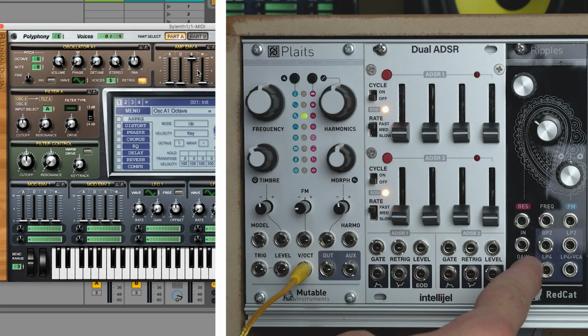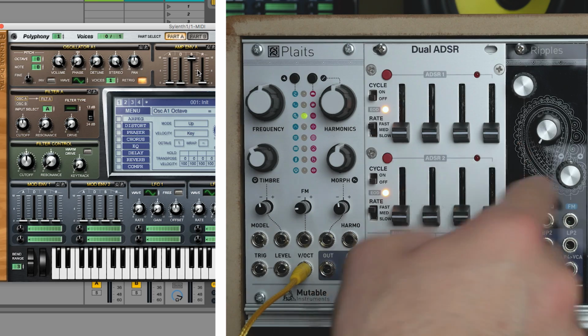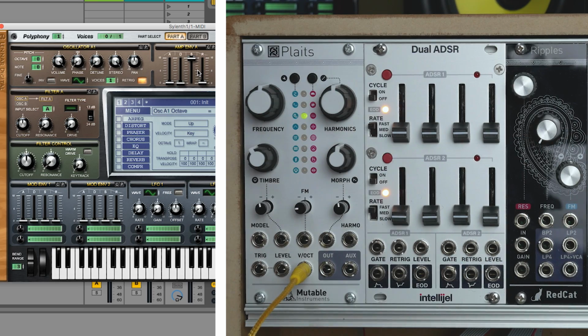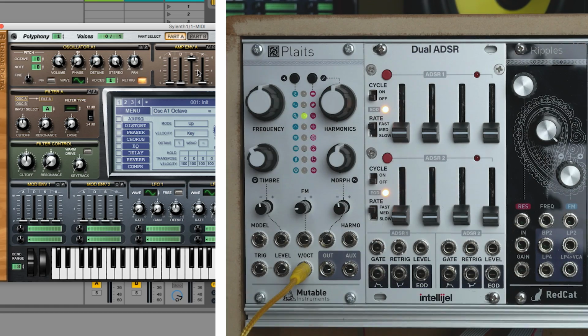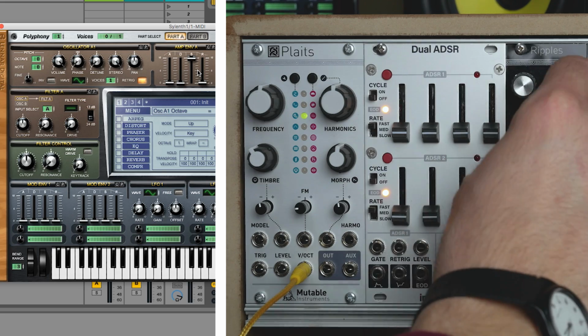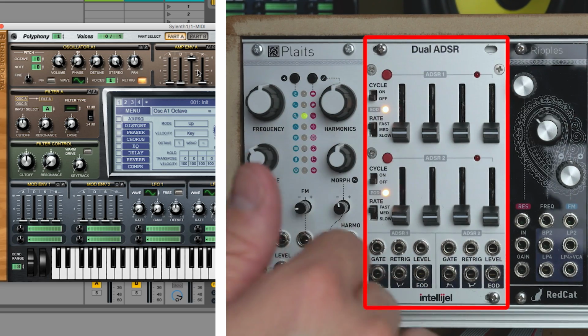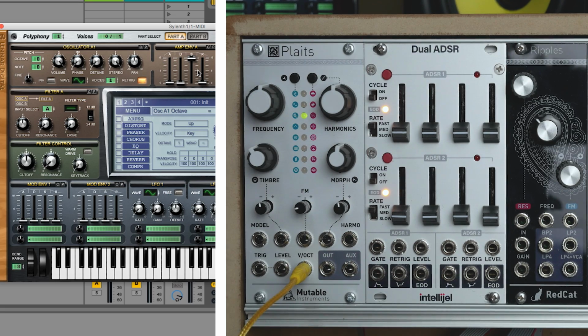So here I have a filter that can work as a low pass filter. So when I set the cutoff all the way down, I cut all the sound down to the sub frequencies, so I don't hear any sound. When I open the filter, I start hearing the sound. If you don't want to control this manually, you use an envelope generator. So the envelope controls automatically the behavior of the frequency cutoff.